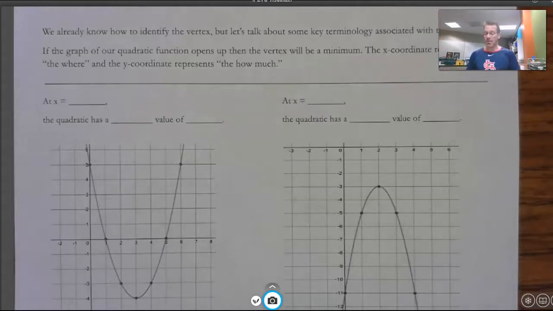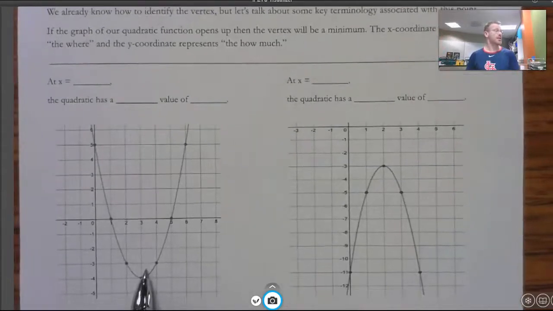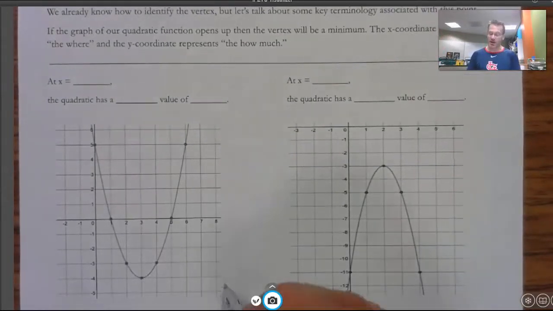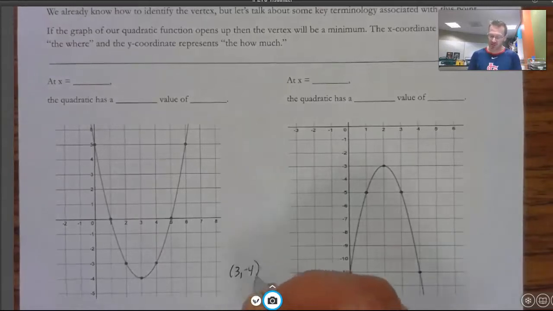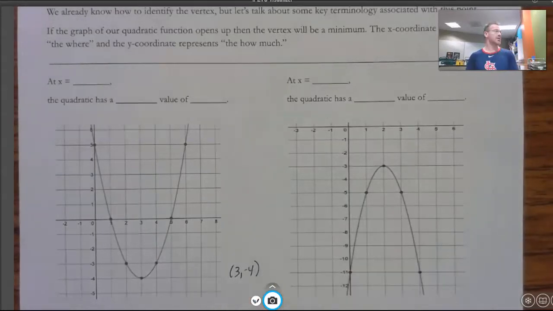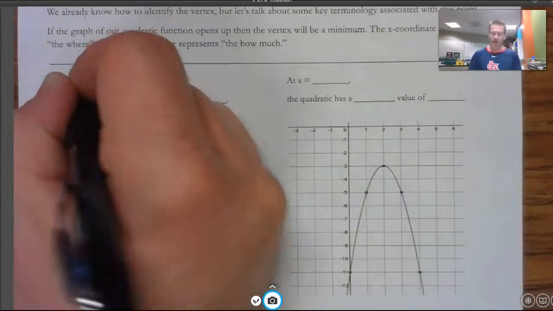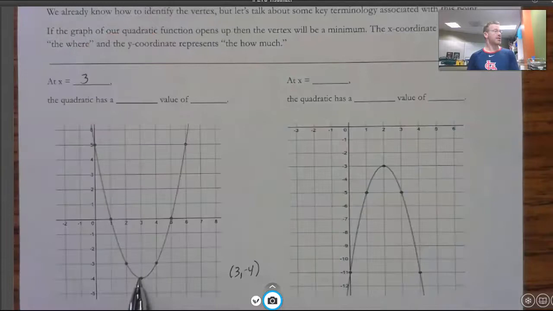So when I look here at this problem, I can see that my vertex is 3, -4, or my turning point is 3, -4. So here's what I would say. At x equals 3, this quadratic has a, and notice this is a minimum,